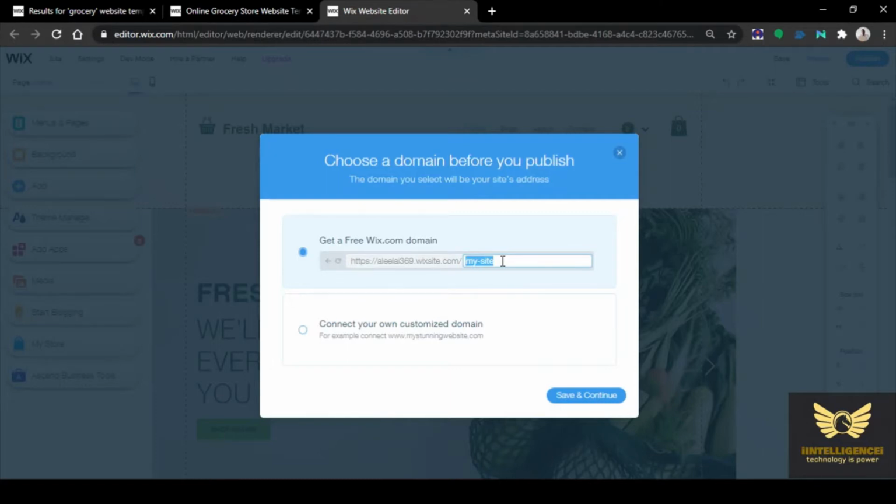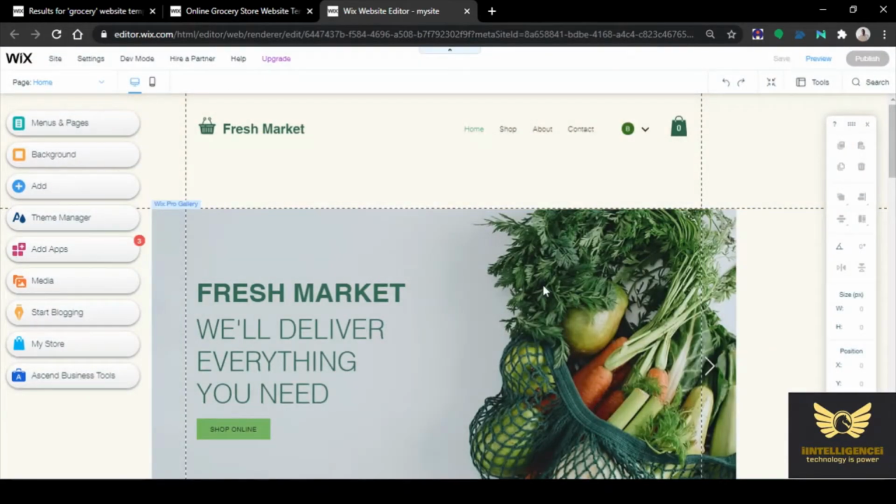Actually, I want to connect with a customized domain. So I am clicking that. Connect your own customized domain. Save and continue. Click it.